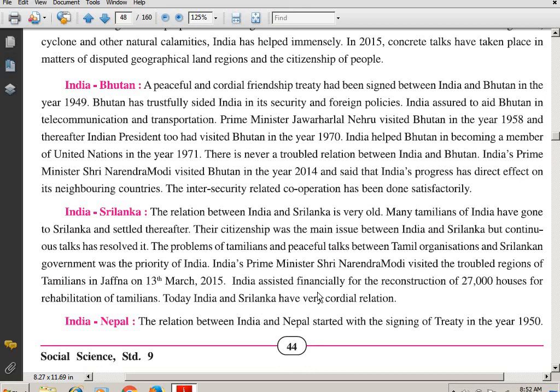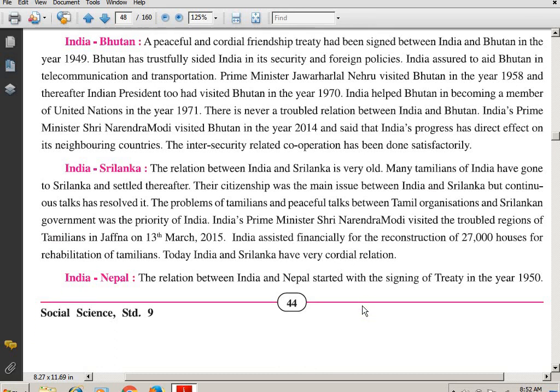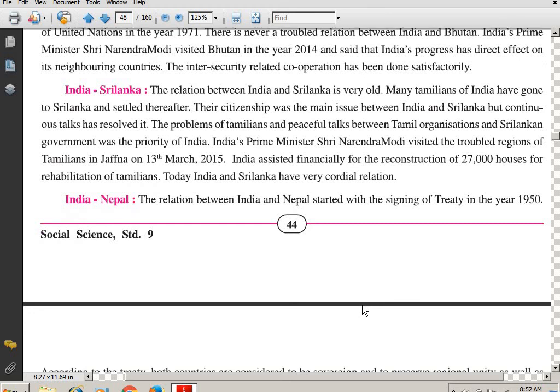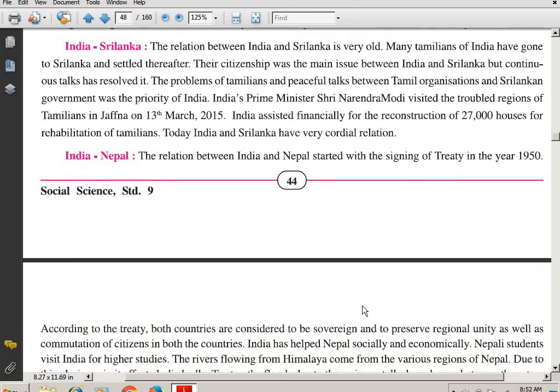Today, India and Sri Lanka have very cordial relations, and the relationship has been maintained because of our helpful nature. You see, students, how our leaders have been maintaining that, right from the first Prime Minister Jawaharlal Nehru visiting different countries to Sri Narendra Modi at present. That is how we are supposed to be helping. Not only if our leaders are helping outside the country, we the people of India are supposed to be helping in our country our brothers and sisters who are in need